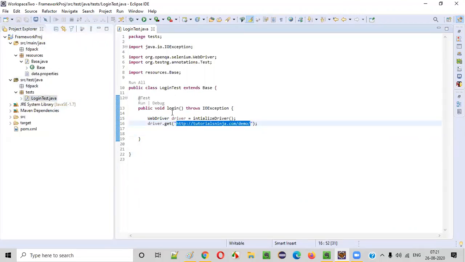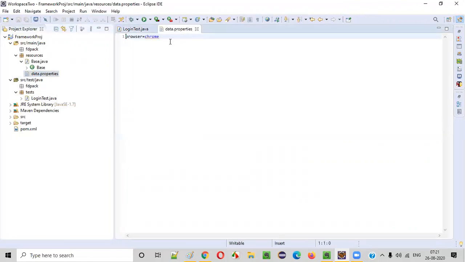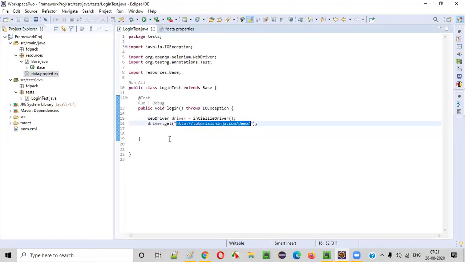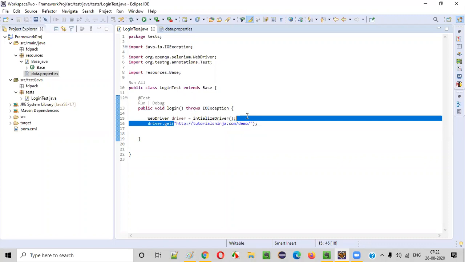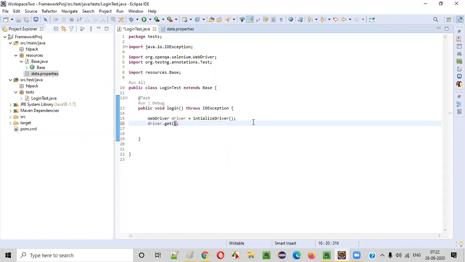So how to avoid this hard coding? Again, open this data.properties. Here, URL is equal to, just copy paste this URL. Hard coding should be avoided everywhere, guys. So instead of specifying this URL, we'll make things easy for us.